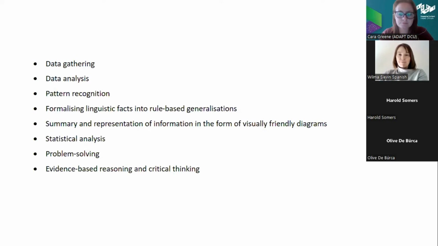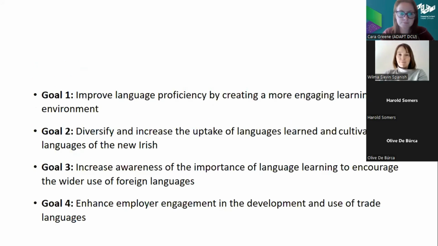Okay, now you can be a linguist, of course, without speaking any foreign languages. There are linguists who only know their native language. In order to teach this module, you don't necessarily need a background in linguistics or language teaching, as Cara already pointed out. If you're a maths or science teacher, you will be familiar with similar pattern finding and problem solving principles. Mathematics, after all, just like linguistics, is an abstract representation of a problem.